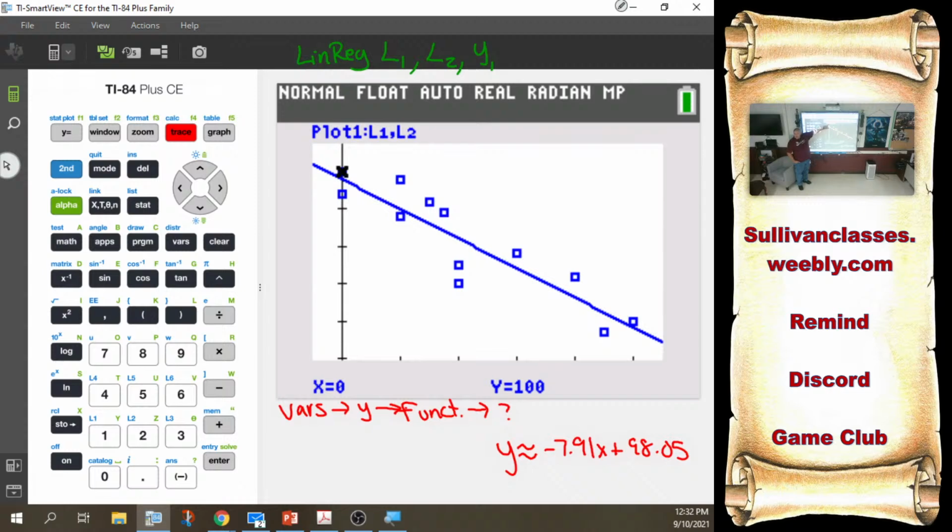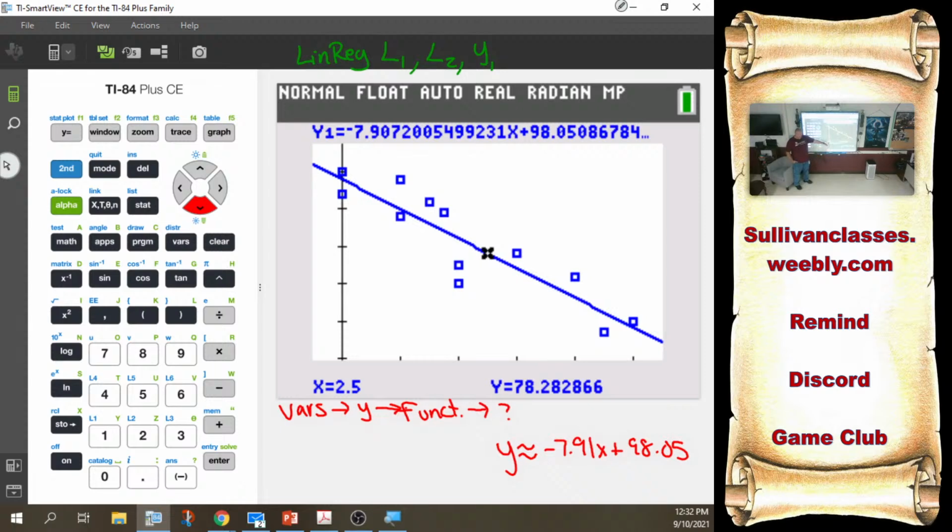The plot. It's tracing through my data. If I arrow over, it's just going to ping pong through all of my data points. This is another way to check if your data points are close to where they're supposed to be. But if I arrow down, it'll switch between the functions. Now I'm on the line